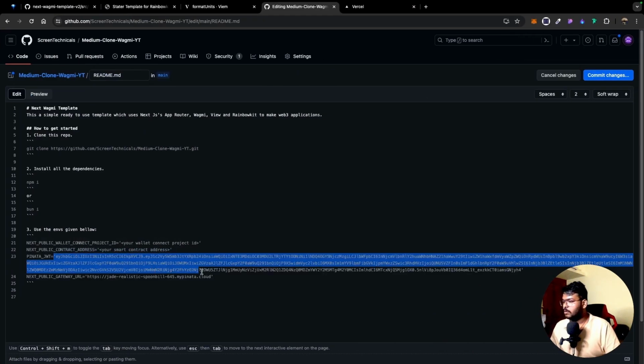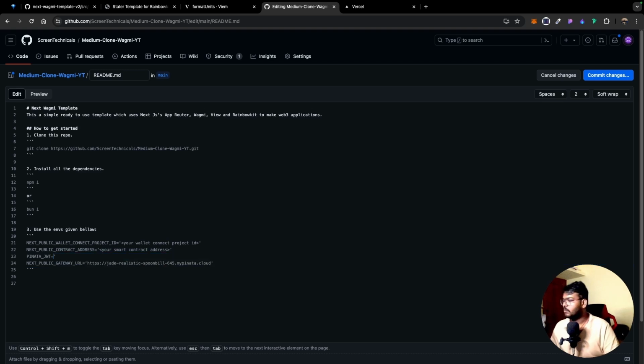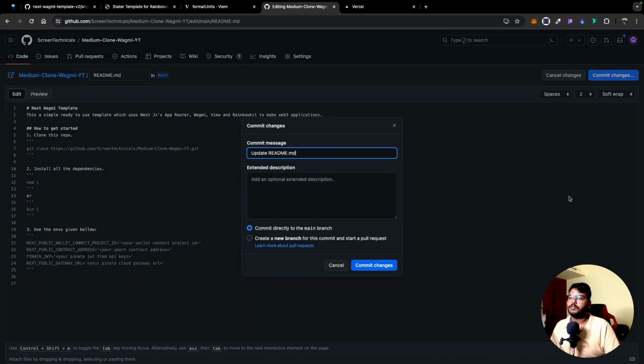There's going to be your Pinata JWT from API keys, and this thing is going to be your Pinata cloud gateway. That should do it. Commit changes,